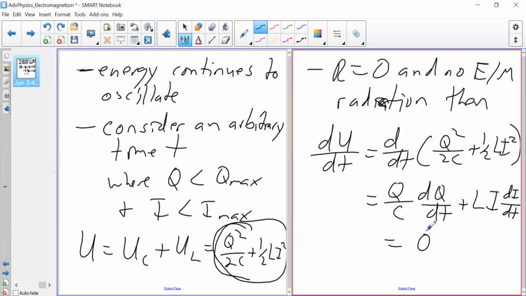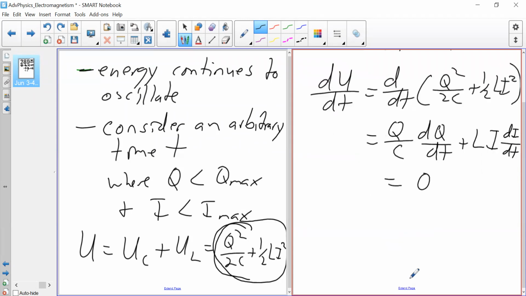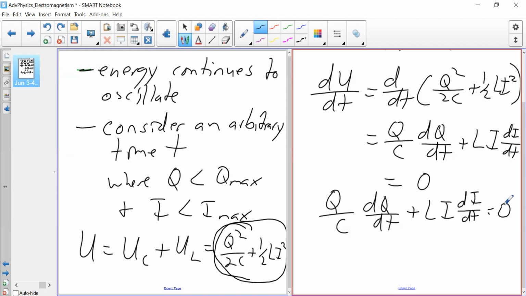Now, if we wanted to solve the charge as a function of time through this capacitor, we'd have to manipulate this differential equation in a nice way to get started, because right now the differential equation is in 2 variables, so we have to get into one. And one way we can do that is